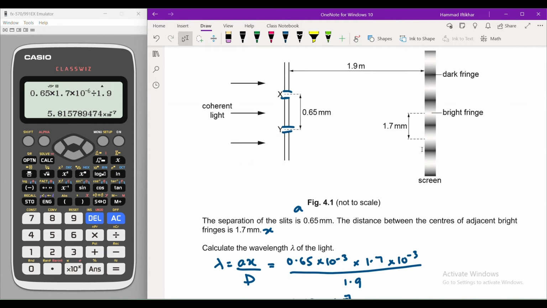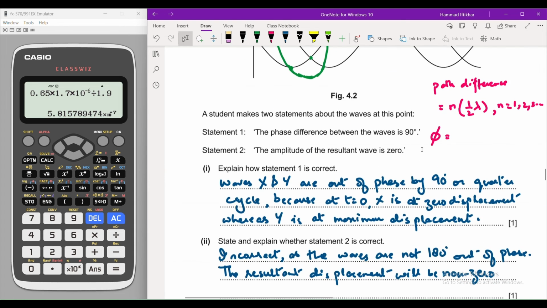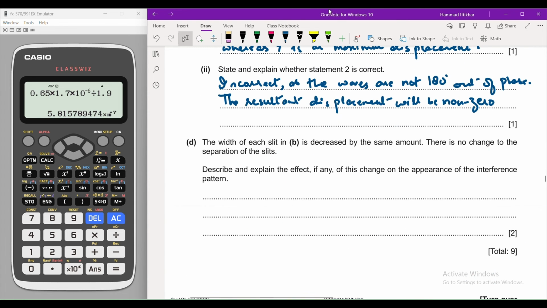So reducing the slit width reduces the intensity of incoming light,